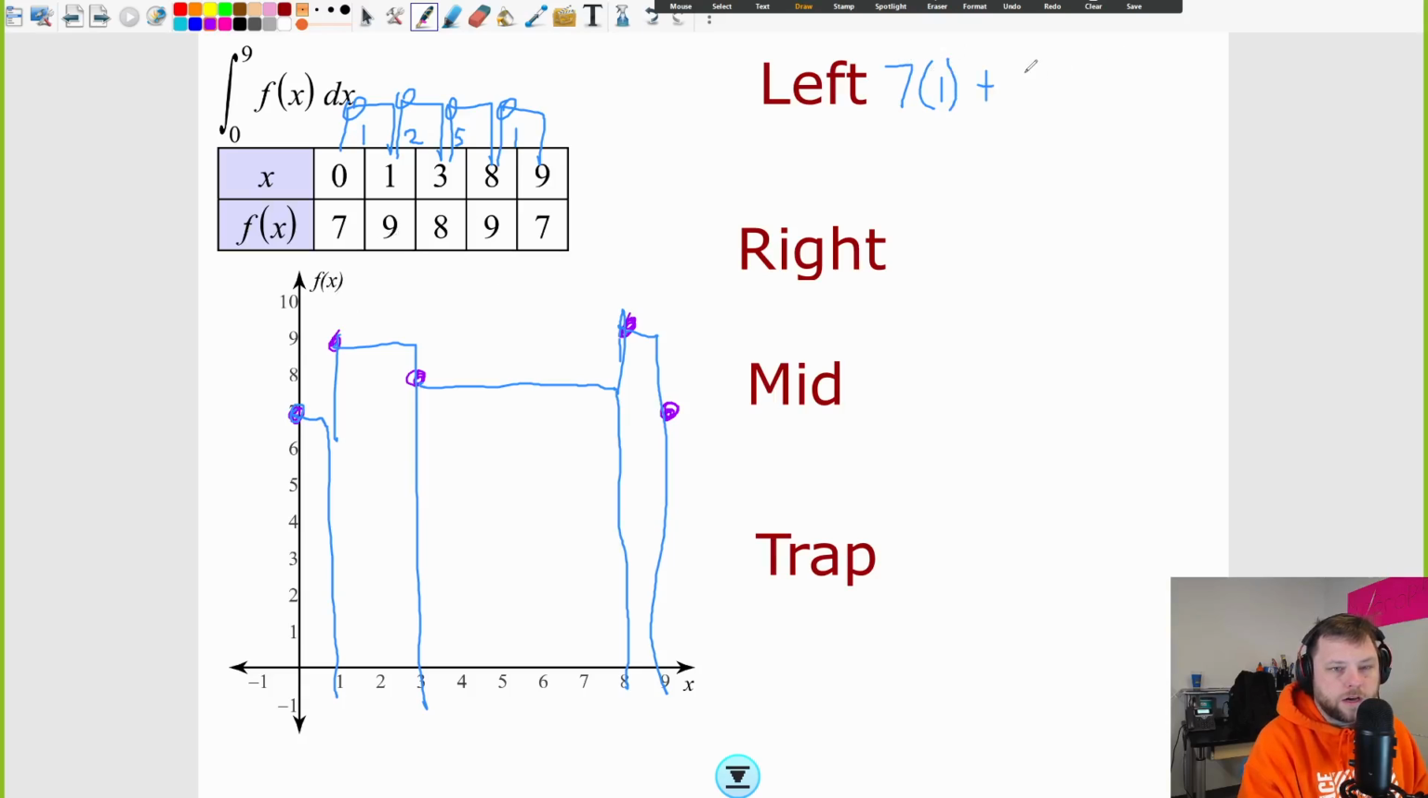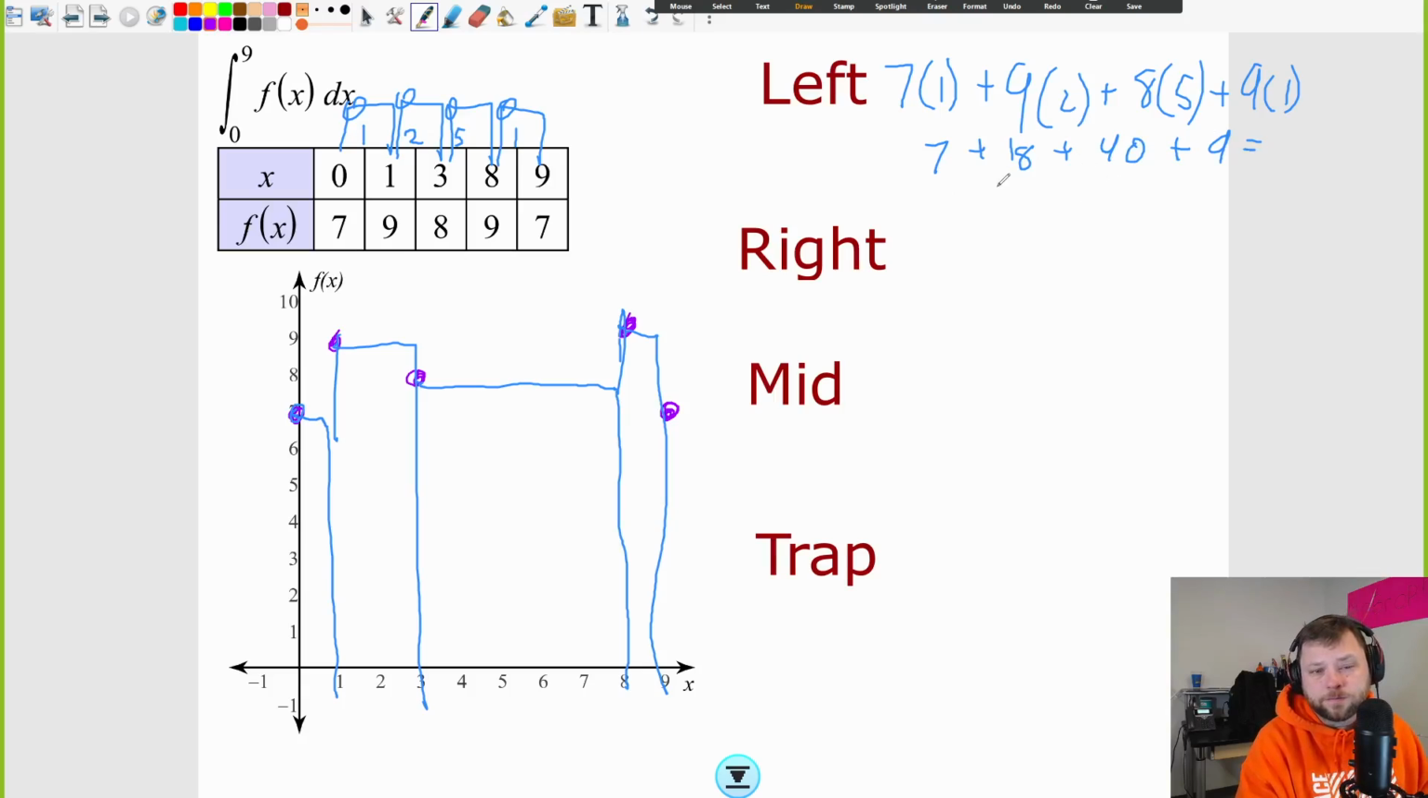plus this one, 9, and the width of this 9 one is 2, plus the next one, the height is 8, which is right here and here. And that width is 5. And then the last one, the height is 9, because it's right here. And the width is 1. So you would add all those up and go 7 plus 18 plus 40 plus 9